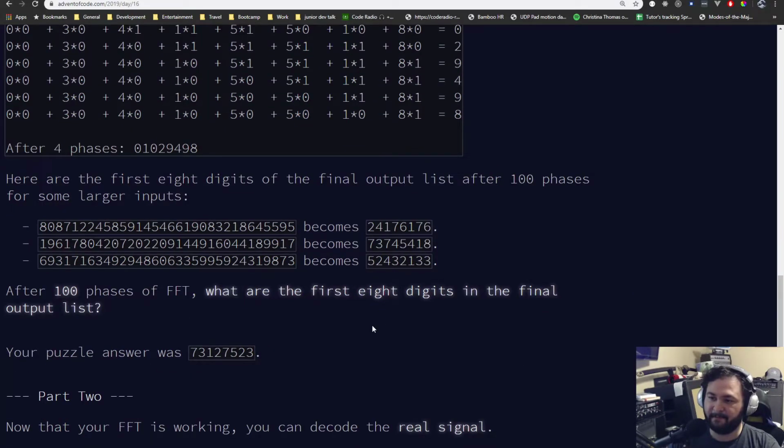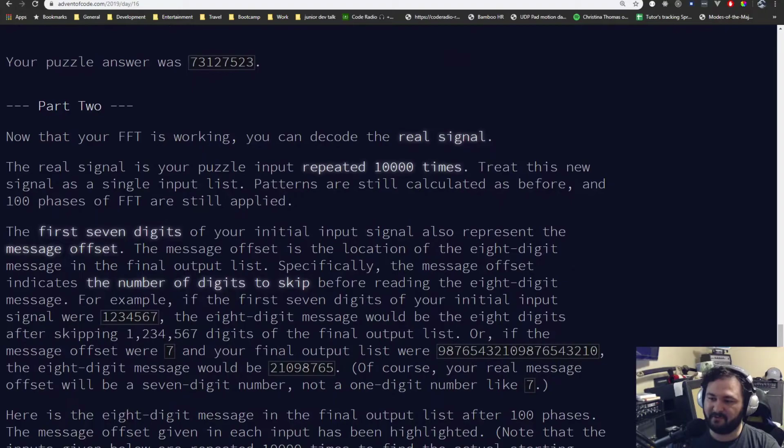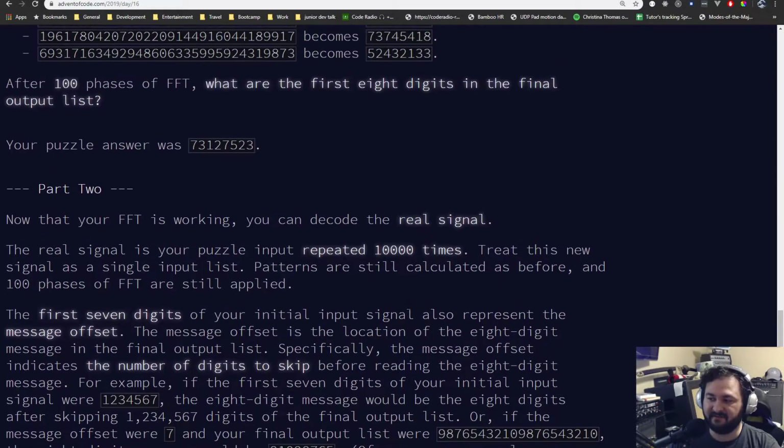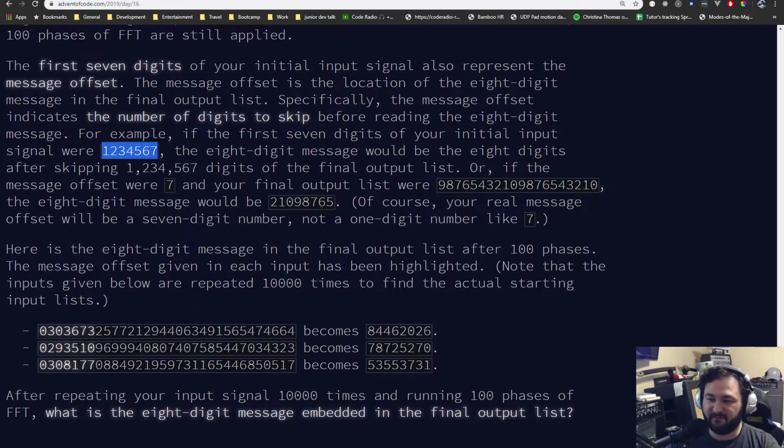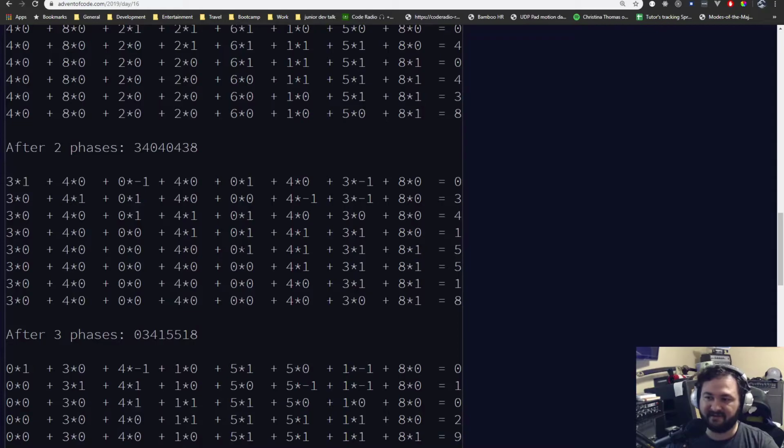But what they tell you is that in part 2, you are working with an offset. And so you're going to skip a certain amount of digits. If the first 7 numbers are that, you're going to skip that many places in the number. And so what ends up happening is, let's say that this was the final number, you skip everything except for like the last digit. So that would be what you're actually processing. So the algorithm above that we're talking about, that first half, you never even calculate it. So it was totally useless to do that.